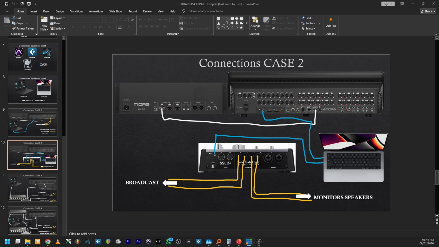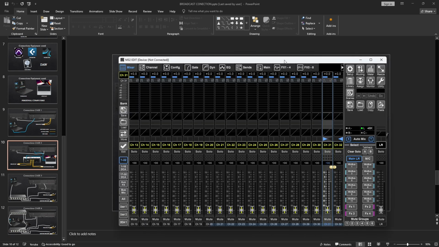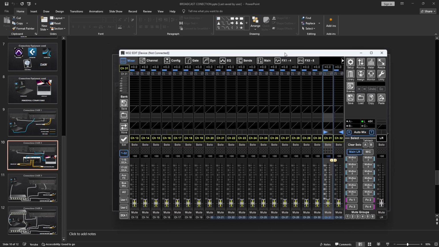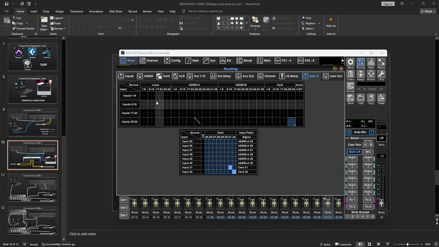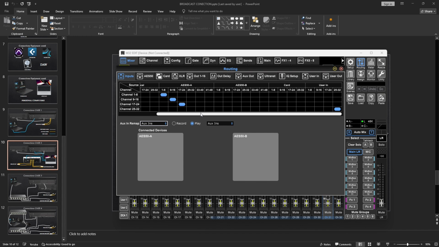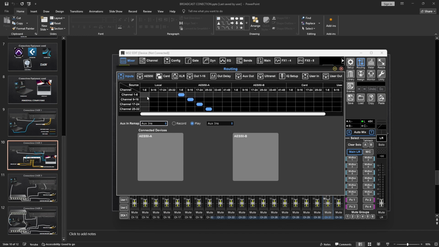To do this, let's come to our M32 Edit. I don't have the mixer here, so I'm going to be using the Edit for this purpose. Go to the routing page. In our previous class, when we were talking about case one, we had to do a user in. For this, we are not going to be using the user in. We're going to be using our normal configuration. If you are using the local, you pick all blocks. You pick the block as it goes. If you are using the DL32 as it were,